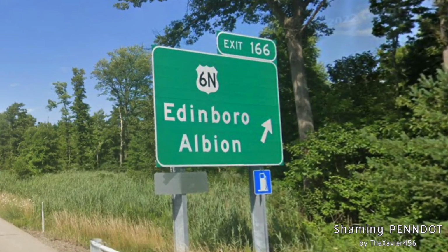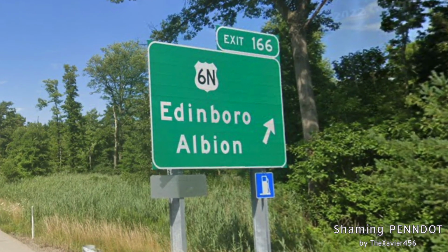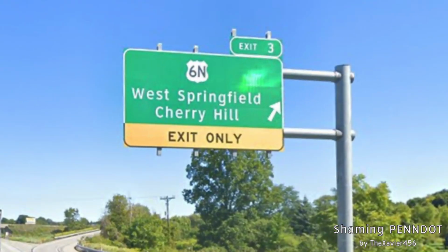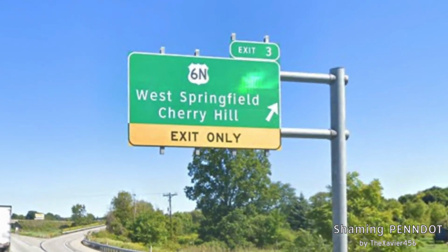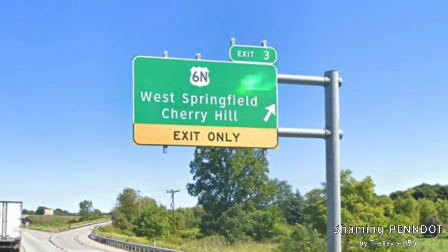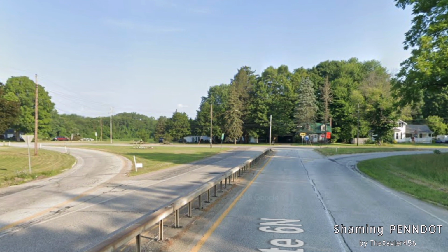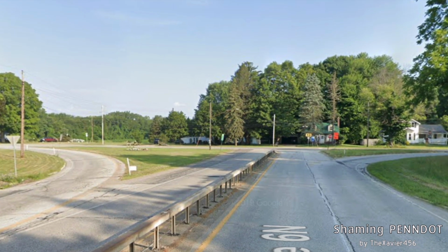Now there isn't much to show on US 6N, so on I-79 it is signed for Edinboro and Albion. Then if we look on I-90, we can now see it's signed for Cherry Hill and West Springfield. Those are too small, but West Springfield is where it ends. And here is where US 6N ends. And that'll be it for our US 6